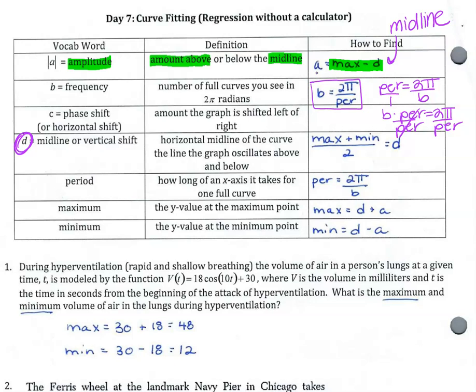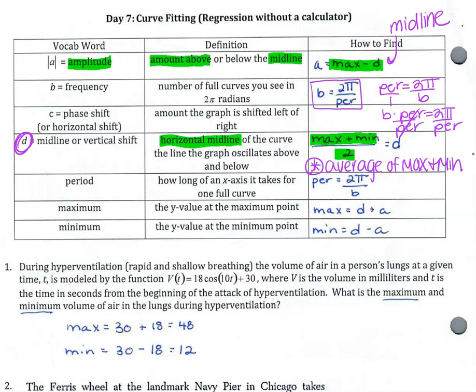Any sort of phase shift, left or right, we'll be aware of. It honestly doesn't come up a ton in our application problems, but we do know how to deal with phase shifts. Midline or vertical shift, that's the horizontal midline of your curve that the graph oscillates above and below. I tend to think our midline is just right in the middle, so that means it would be the average of the maximum and minimum. So that's why it says max plus min divided by 2. So I'll put average of max